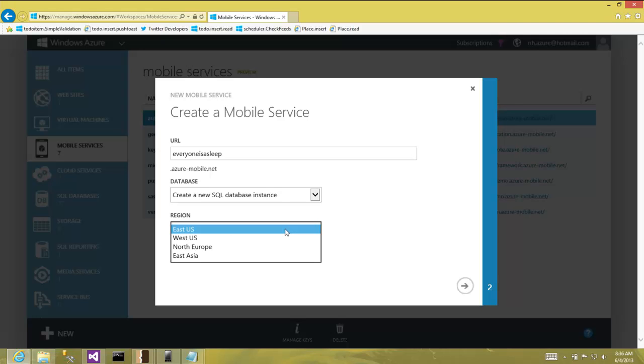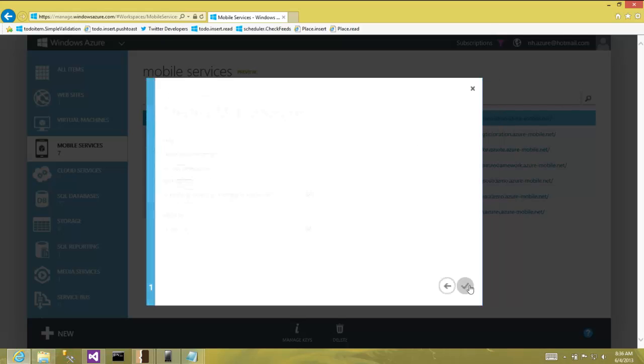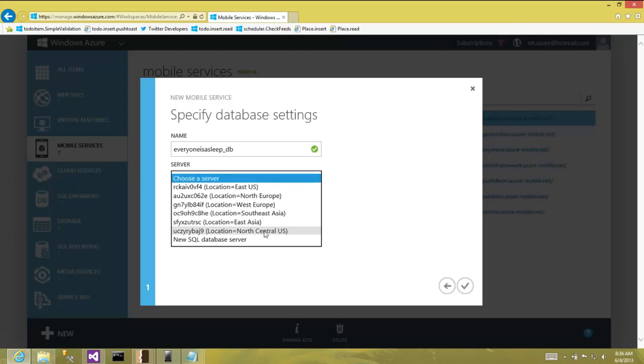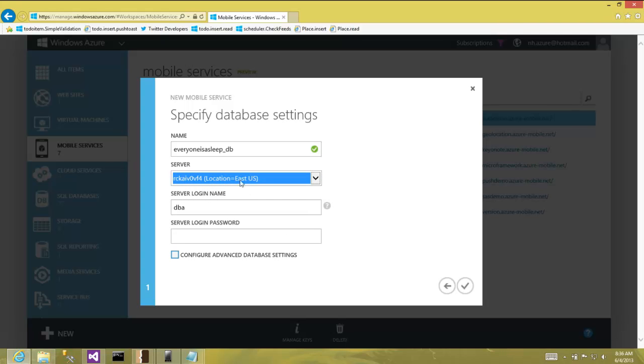Currently, mobile services is in preview, but we're in these data centers: 2 in the US, 1 in Europe, and 1 in East Asia. As we eventually come out of preview, you'll see that will be across all the data centers that you see Windows Azure within today. So I'll just hit East US. It's going to provide a name _DB for our DB, and I can choose a server here. So I'll choose that database to be deployed in the same region as my web tier. So I'm choosing East US, and now I can simply